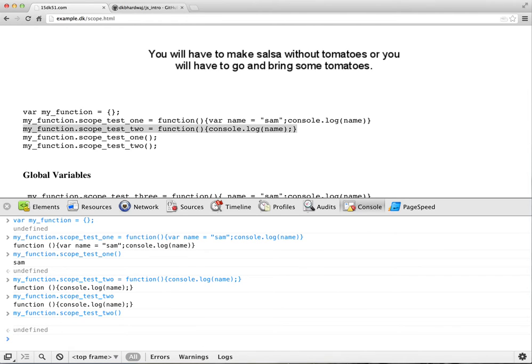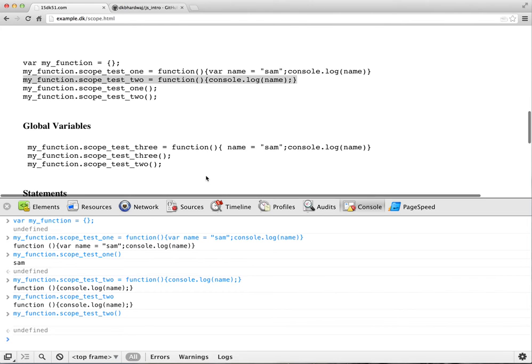It is undefined. Now the variable scope is within the function in JavaScript unless you define it as global. What would have happened if instead of using var,